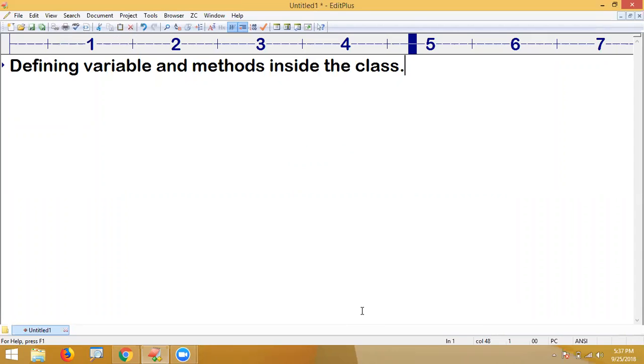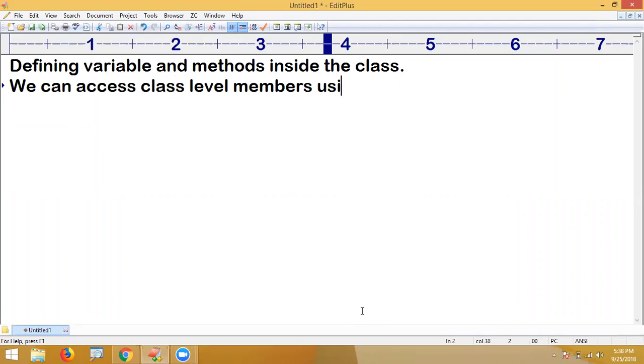See here, how do we access class level members? Using class name. We can access class level members using class name only. Using class name we are accessing, that we'll see. For example,